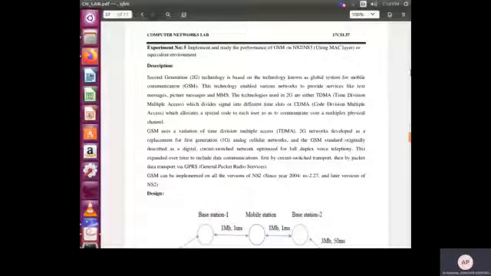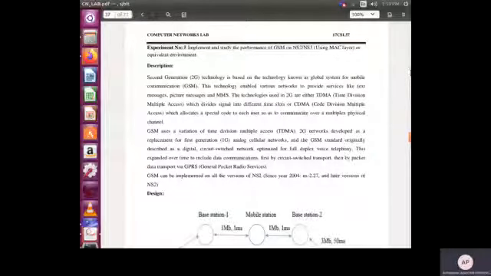GSM uses a variety of time division access, TDMA, and it was developed as a replacement for 1G. Definitely any version is named after the previous version. So here 2G comes after the first generation 1G, which made use of analog cellular network.